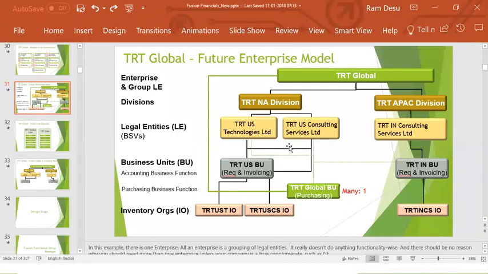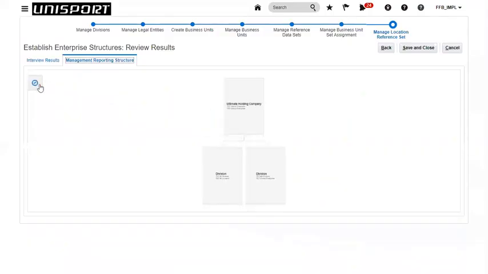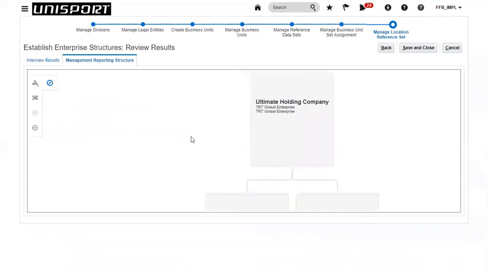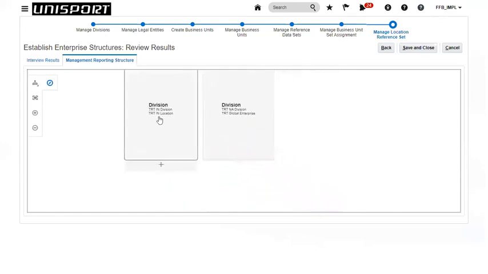So whatever the reporting structure that we have drafted, it will show you the same. So if you look at here, this is our TRT Global Enterprise, which is an ultimate holding company. Under that, you can see TRT IN division and TRT North America division. If you expand that,